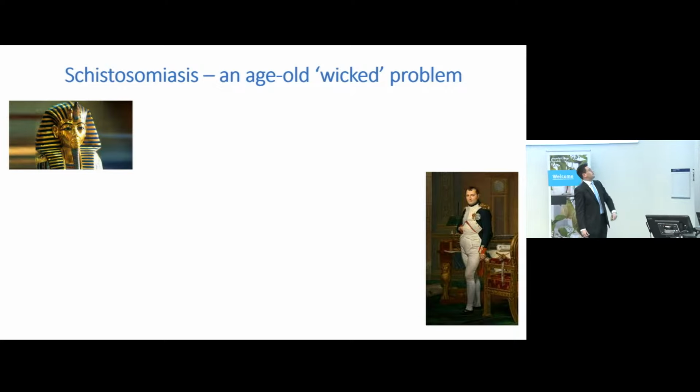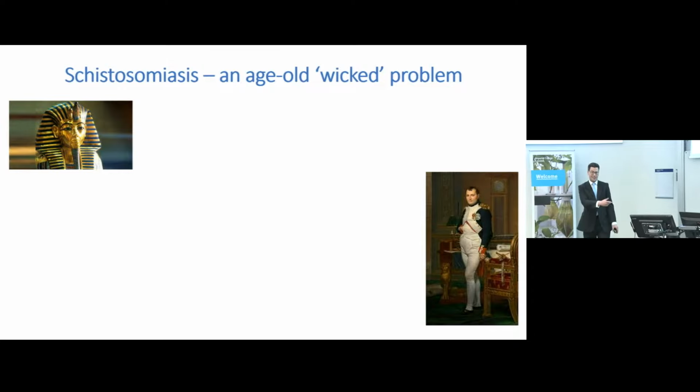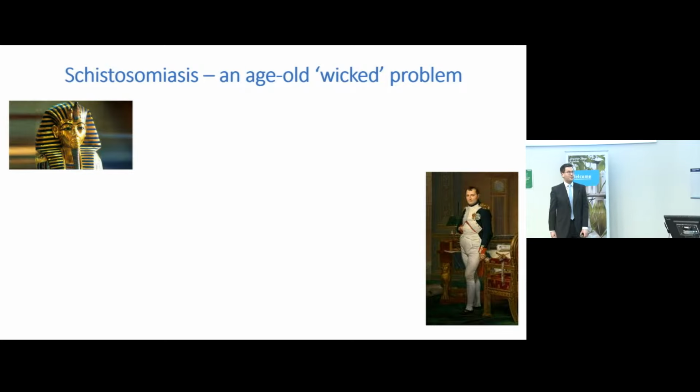And so I have a picture here of the ancient Egyptians, because people have actually looked at mummified bodies from ancient Egypt and said, oh, they had schistosomiasis back then, which they got from the Nile River, 2,000-3,000 years ago, or no, longer than that ago, actually.